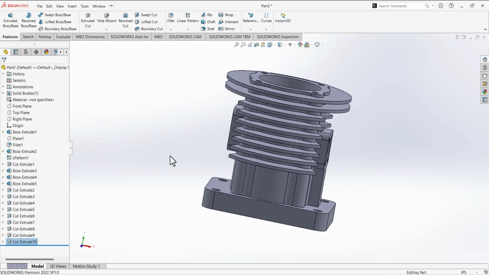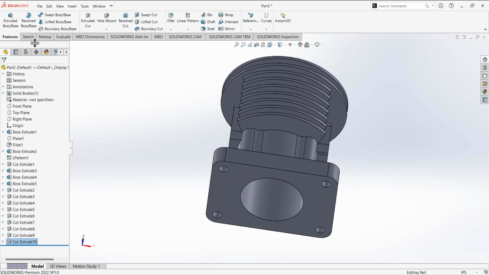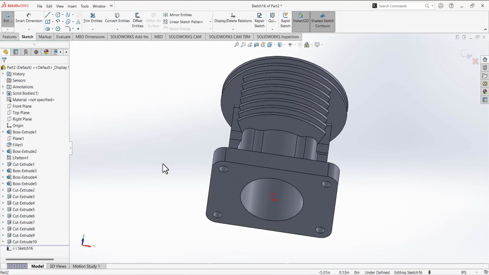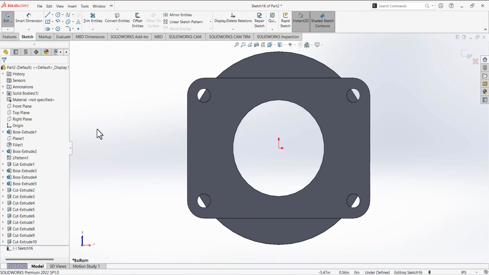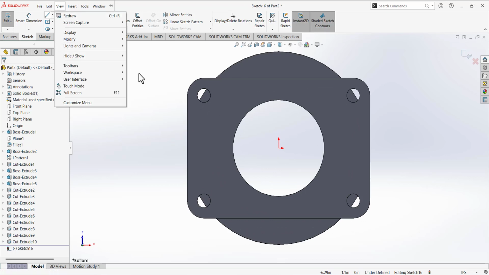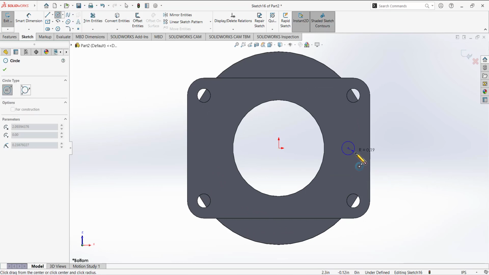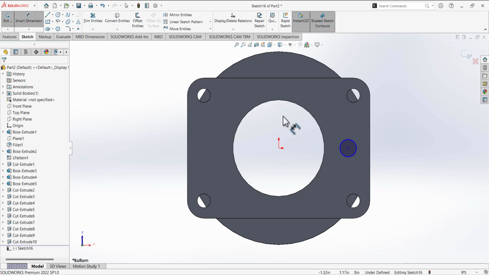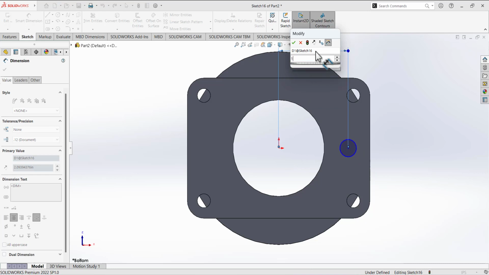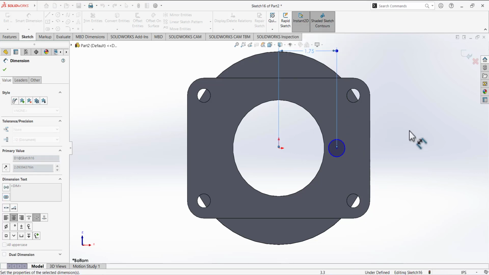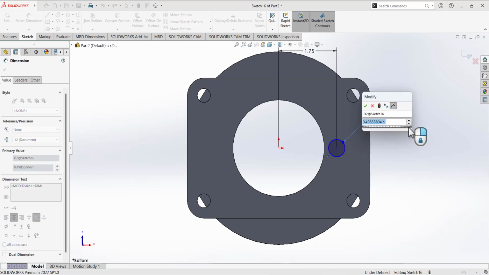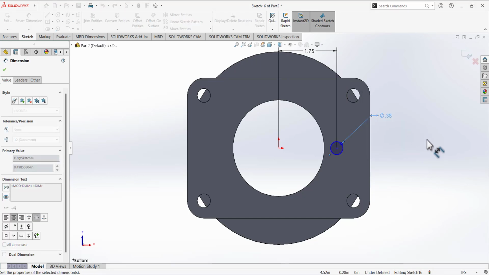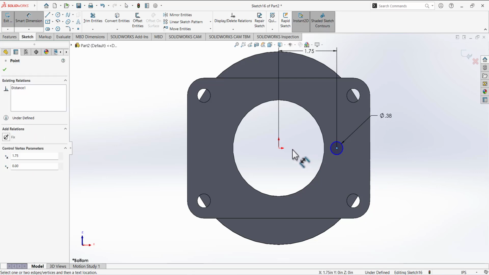So rotate this model so you can see this bottom. So open the sketch on this bottom, and we are going to use it normal to you. And simply we are going to draw a circle like that, and define the dimension of this circle. So from this center point to this edge, this dimension we have 1.750, and define the diameter. So its diameter is 0.375, and from this point and this point, these 2 points must